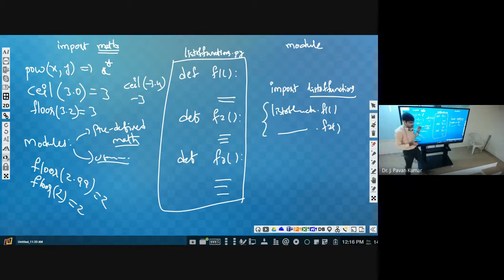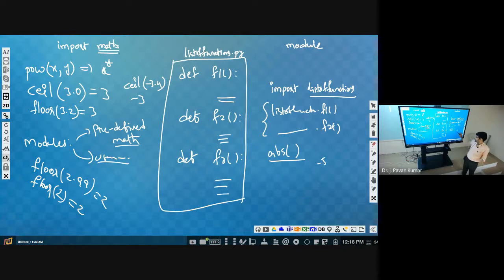Next, we have another one, ABS. ABS in the sense of absolute value. So you know it is absolute value.